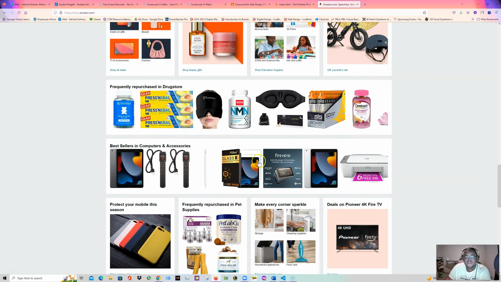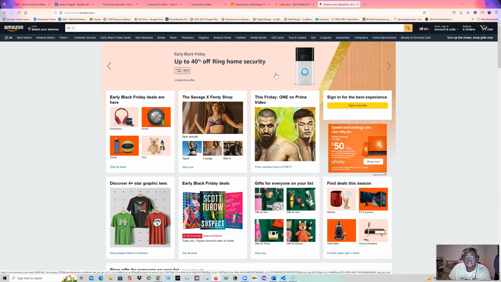Okay, so you have the footer, you have the main, you have the nav, and then of course you have the header. Those are the basic parts of a website, and that's what we'll be mapping out on our website today. And then the final part of the assignment is asking you to use float and positioning to position things on the sides of your website,